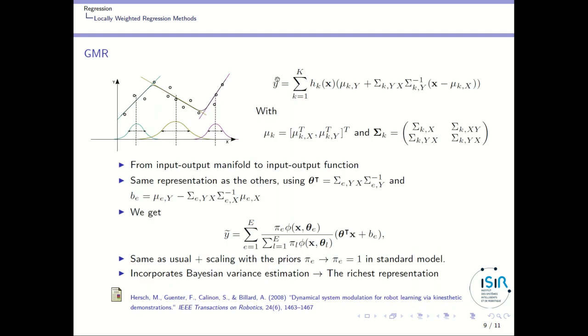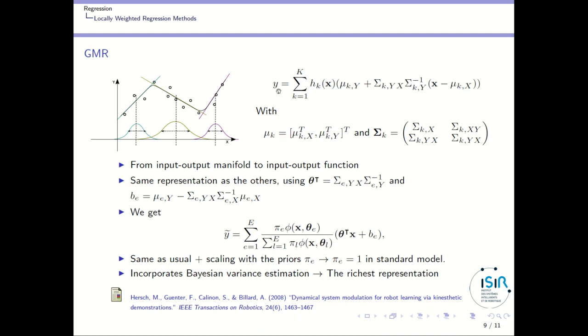Finally, a different algorithm is Gaussian mixture regression. So that's the idea of using Gaussian models where you have an approximation of the average, which is very similar to what is done with LWPR or XCSF, but you also have an approximation of the variance. And having this approximation of the variance allows you to determine where your model is not so accurate.